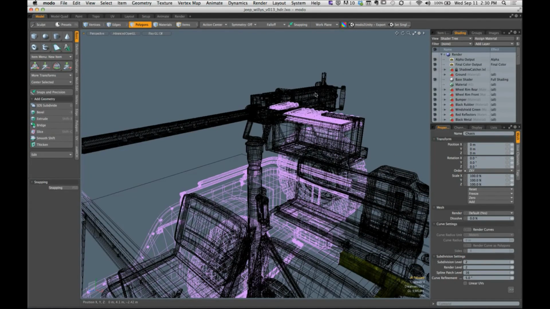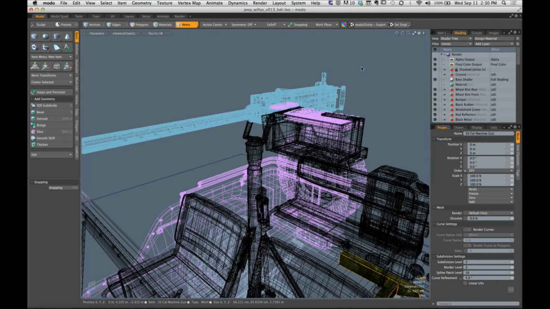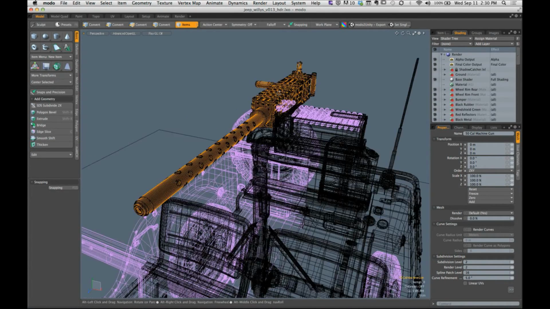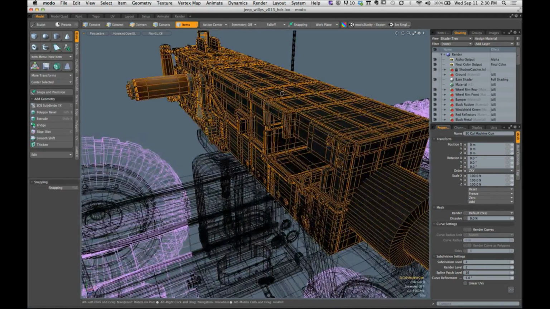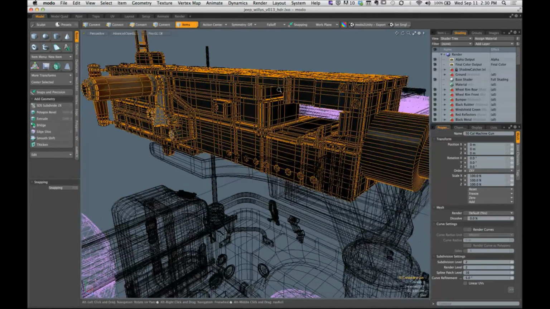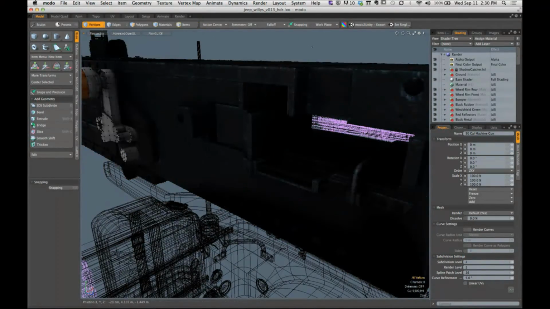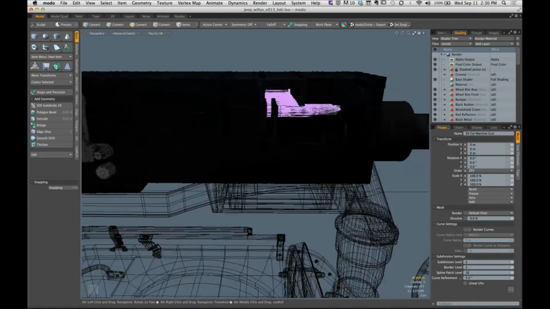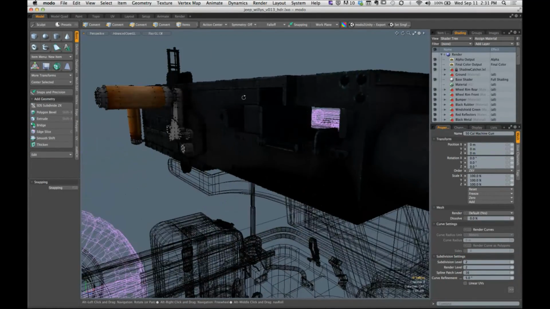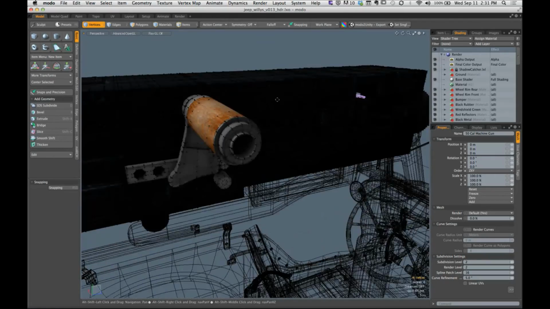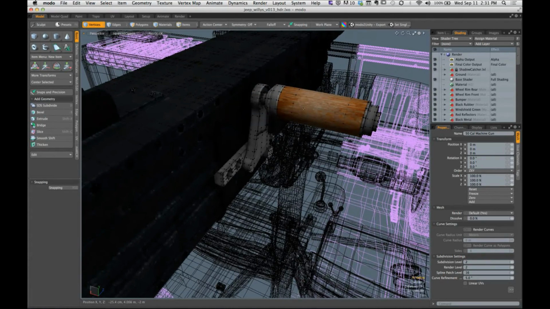Let me just go into item mode and select my 50 cal. Now, I like my 50 cal. My 50 cal is kind of rad. It's got some good textures on there, okay? You can see the texture map on the actual 50 cal itself. Rock and roll, looking pretty good. I'm digging it. There's a lot of good detail in there. It's a pretty badass looking handle, okay? I spent some time on it, right? However,